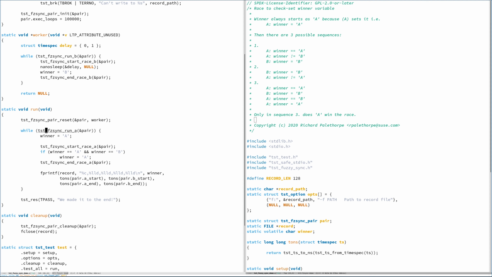So when one thread enters run A or run B, it will have to wait until the other thread also enters run A or run B. And until later on, when we begin introducing delays deliberately, both run A and run B should exit at about the same time, which is different to some other synchronization mechanisms where one thread may exit